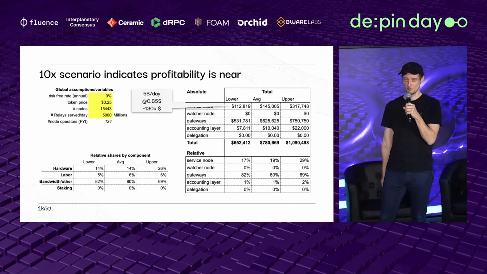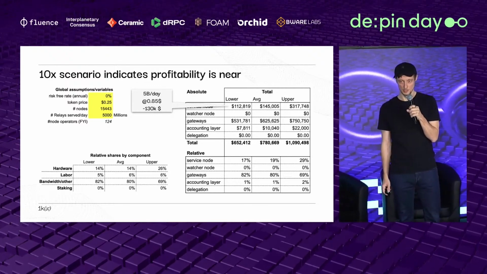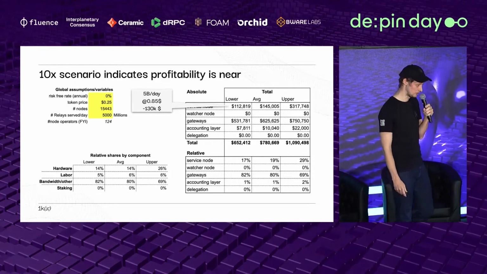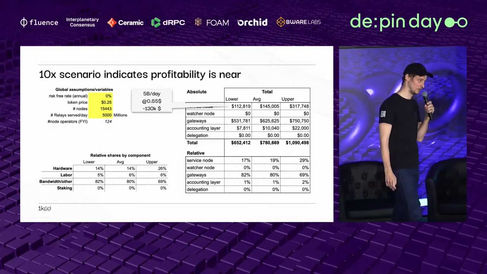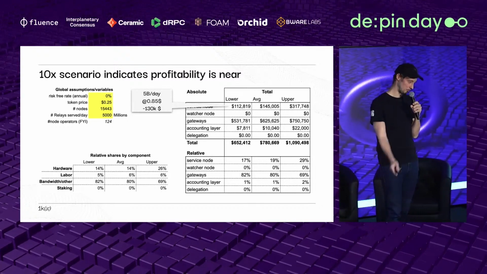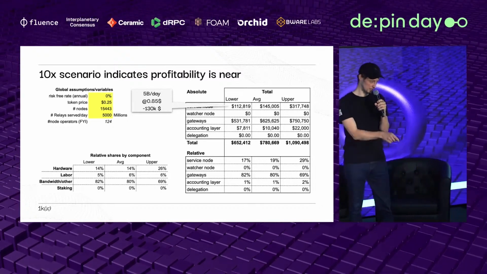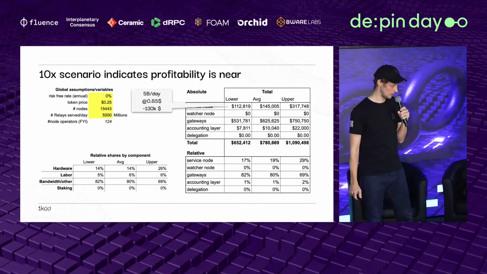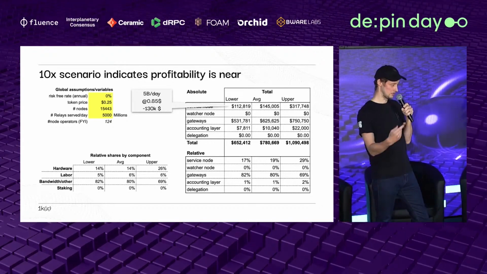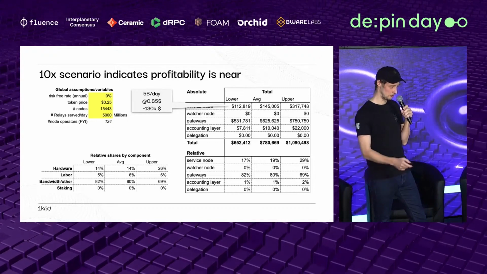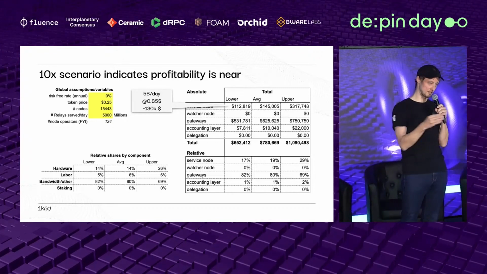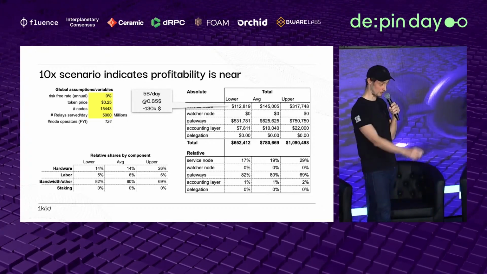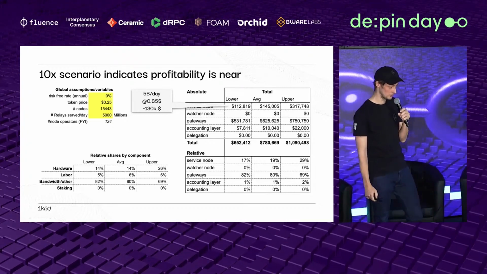I'm not sure how familiar you are with the Pocket ecosystem, but right now, if you want to use it directly via RPC relay, you pay 85 cents for a million relays served. So if you put that in here and assume 5 billion served per day at 85 cents, this is $130,000. Again, this is bypassing the gateway, so we go directly to the service node network. That would cover the cost for the service nodes.